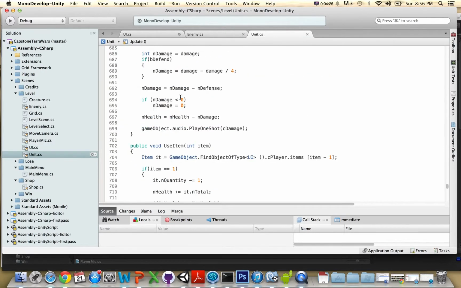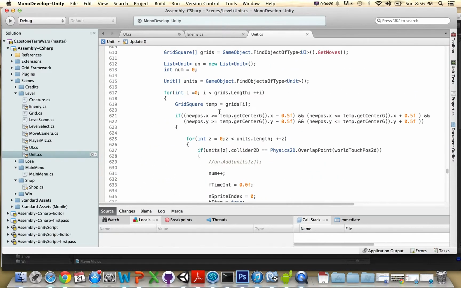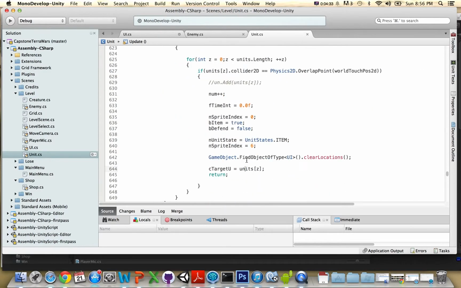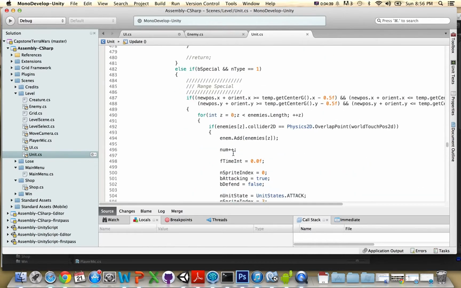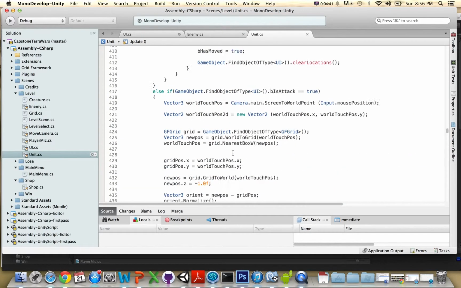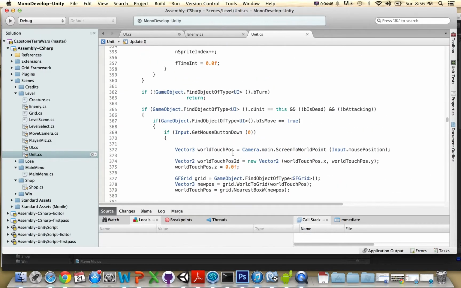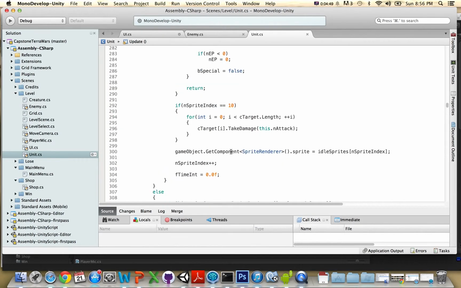Now inside the unit, after we do that, we just find location. If they select it, we just find location, and if it's a unit, we will then set that unit as target. And we have a new state here, so that if the unit is in using item state, we're going to